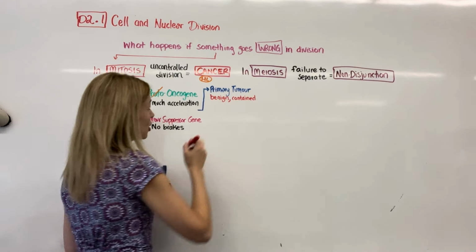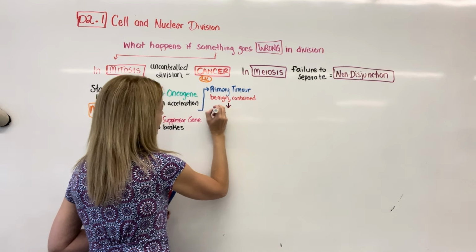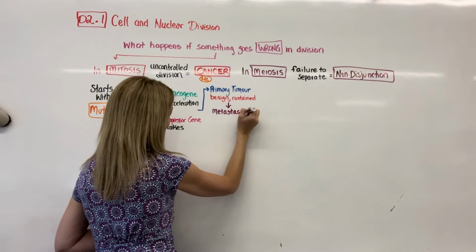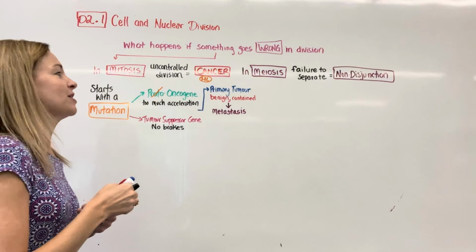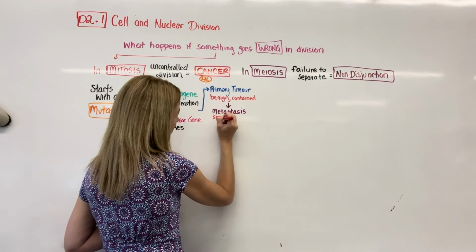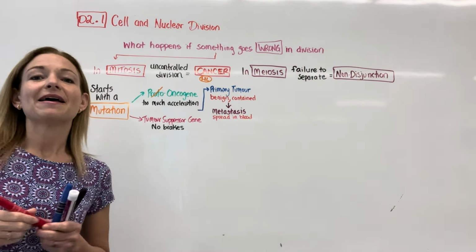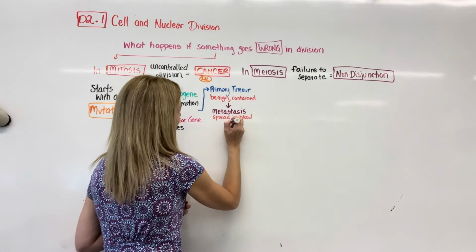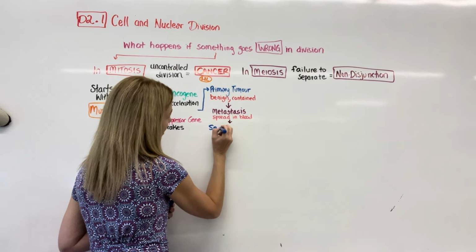At some point, though, if that tumor sits there long enough, it's at high risk of spreading, and that process of spreading is called metastasis or metastasize, depending on whether it's a noun or a verb. You do need to know that term. So metastasis is the spreading via the bloodstream. So the tumor gains access to the blood, it vascularizes, and then metastasis occurs. And then as a result of the metastasis, it travels to a new location in the blood, and it forms a secondary tumor.